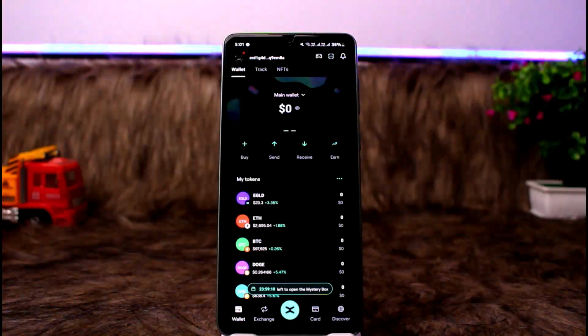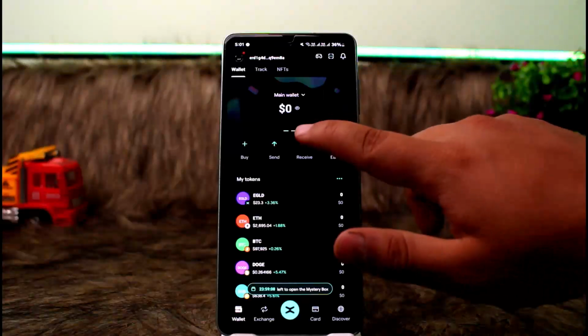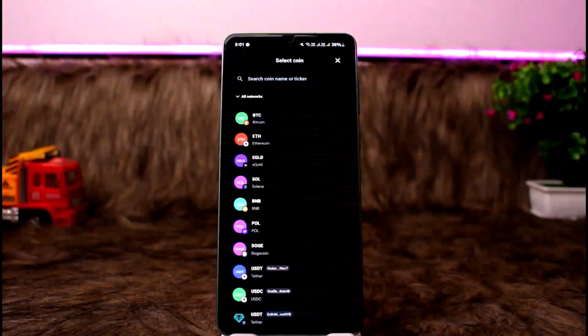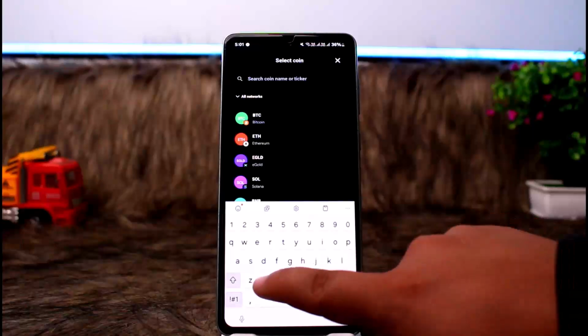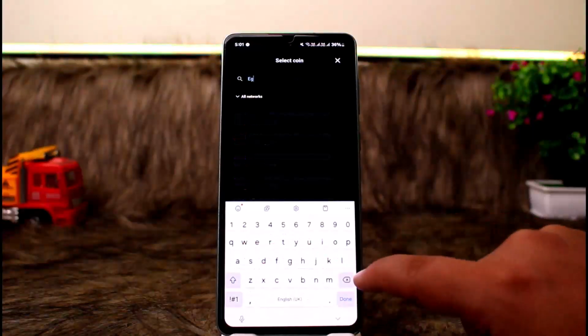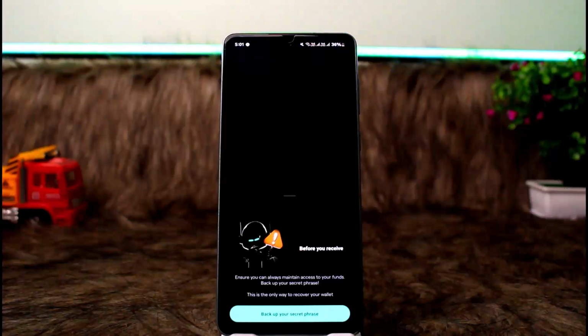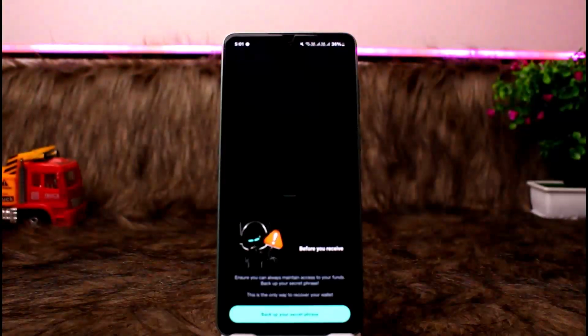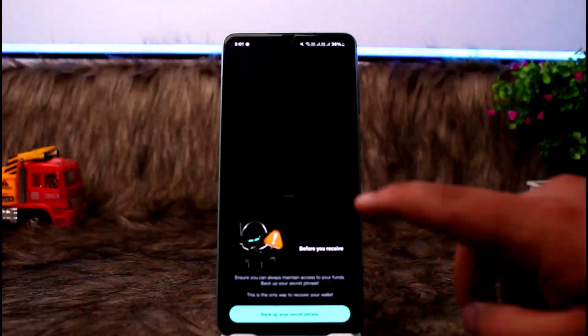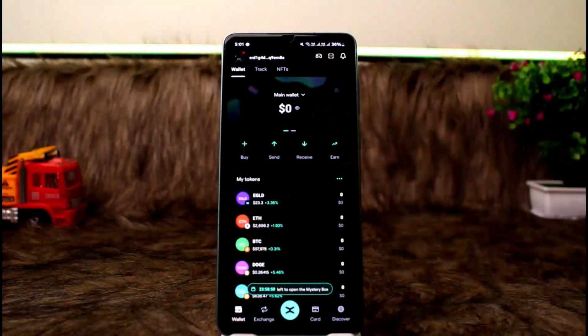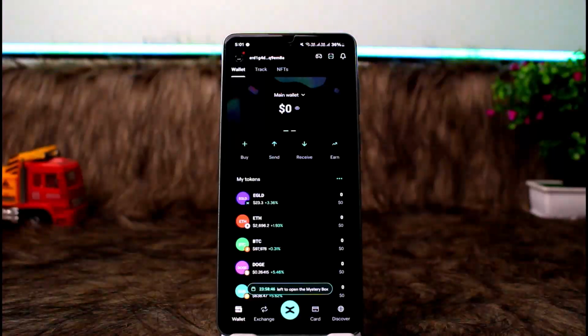So what you can do is, on your Eland Network, tap on receive, and on receive you can go ahead and choose eGLD. Once you choose it, you'll have to first back up your secret phrase, and once you do so, you'll be able to get the wallet address for your Elrond wallet, or your Eland Network wallet. Then once you have the receiving address, you can head into another crypto app,